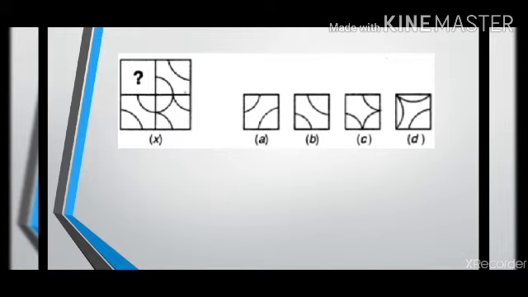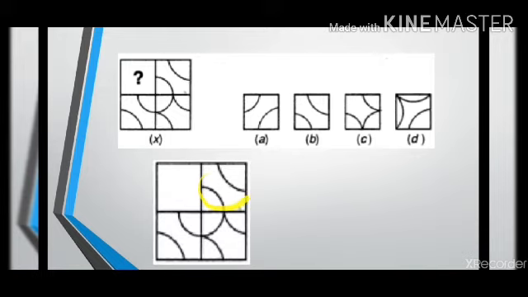Now in this figure a similar pattern is not being followed. For example, these two opposite boxes, they follow a same pattern. See, a circle is being made here which is same in this, but here as you can see a single arc is there in both the boxes. In this box, the one that I'm showing you right now, there are two lines that are given to you, so the pattern is not symmetric. What you have to do is, you will have to use a little bit of your imagination to decide which options are the best suitable.